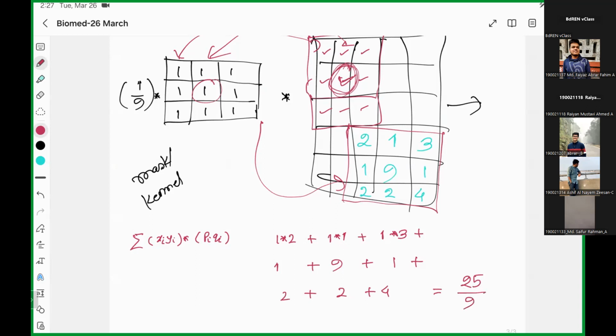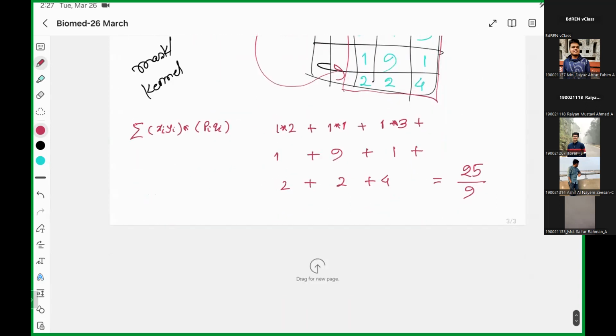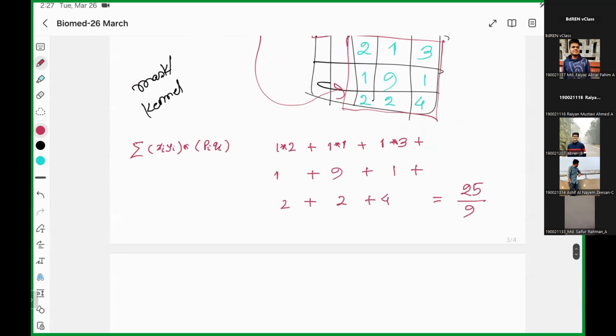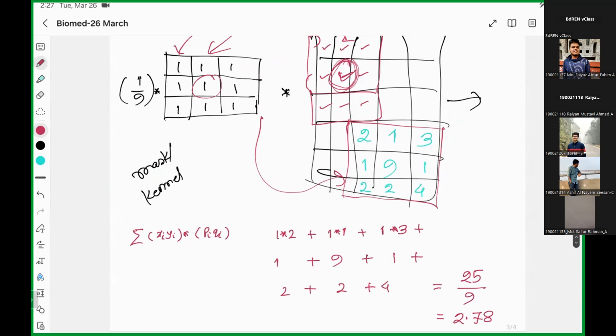So 25 divided by 9. If you take the average, what does it become? This becomes 2.78. So in the filtered image, what do you do? You replace this value with what value? 2.78. Are you guys following? Yes, sir. So if you replace the 9 with this 2.78,